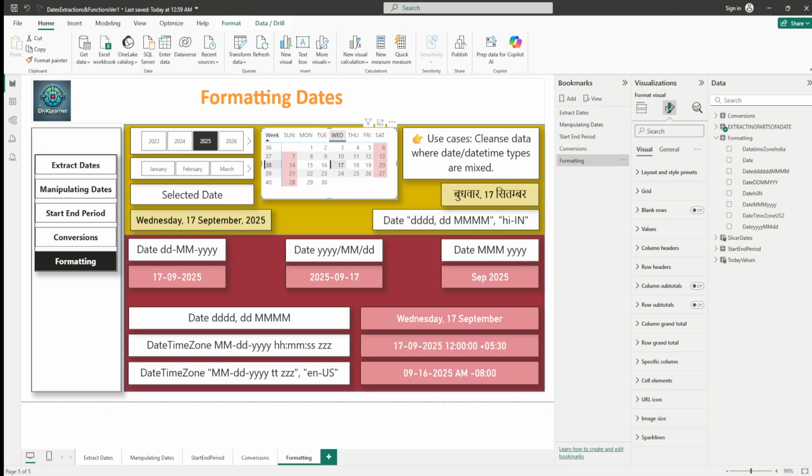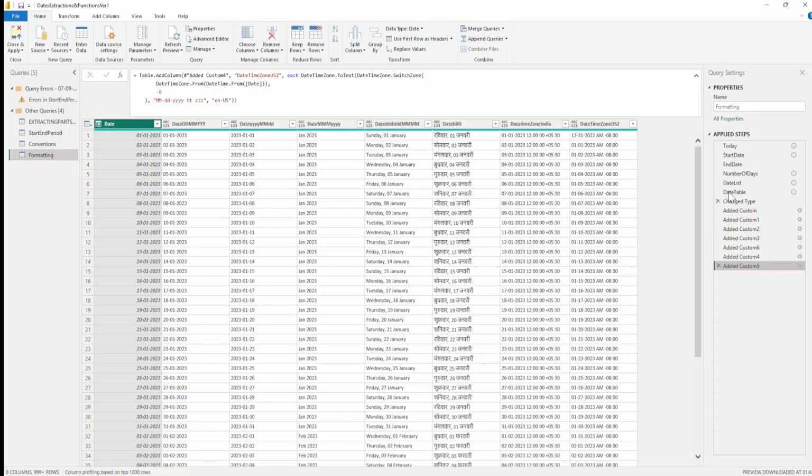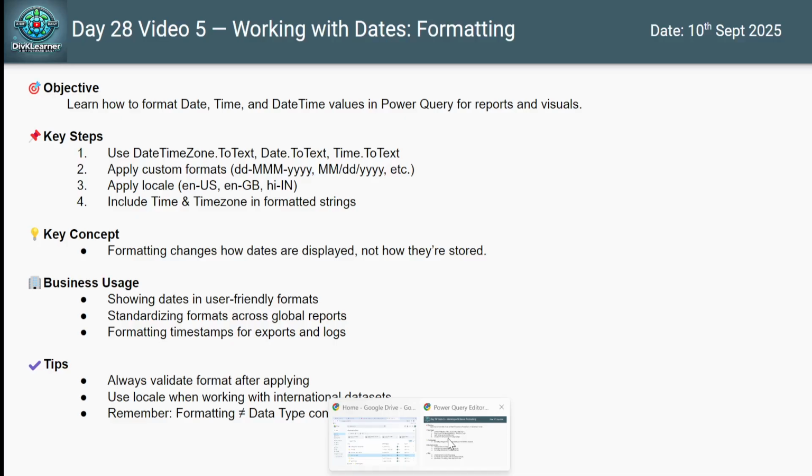ये मुझे आपको दिखाना था, बस एक बात याद रखिए, फॉर्मेटिंग सिर्फ दिखाने का तरीका बदलता है, डेटा के अंदर का टाइप नहीं, राइट। उसका डेटा टाइप नहीं बदलता। फॉर एग्जाम्पल मैं क्या कहना चाह रहा हूँ कि मैंने जितनी बार यहाँ पर कस्टम फंक्शन लगाया तो मैंने ओरिजिनल टेबल को कहीं चेंज नहीं करा, राइट।